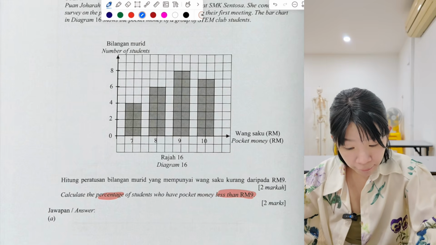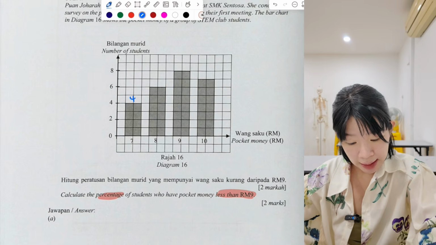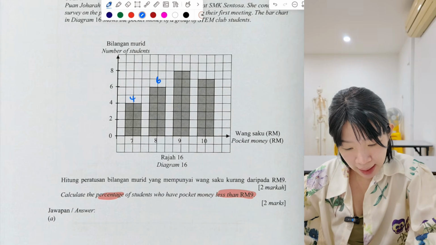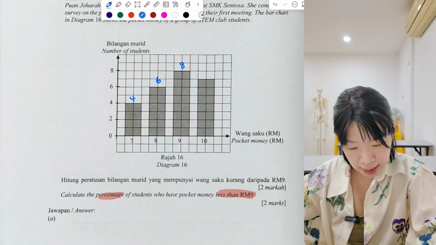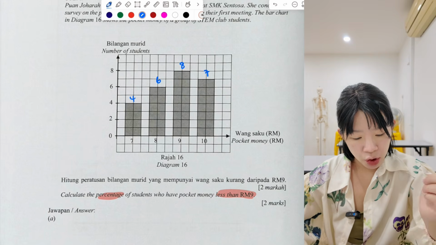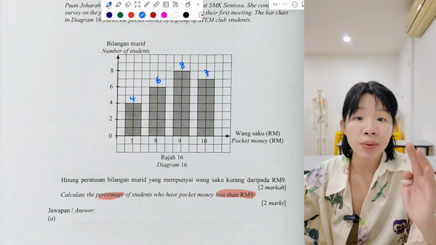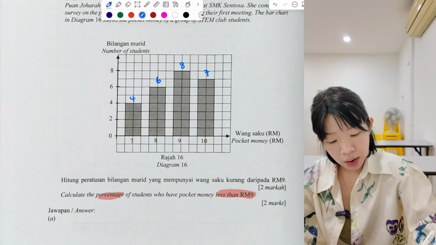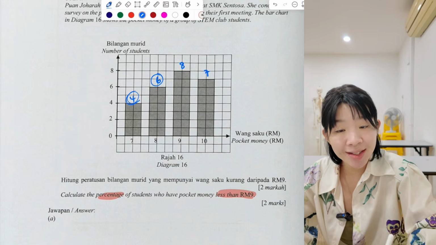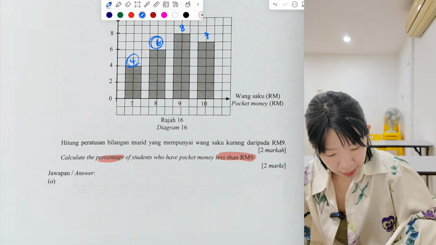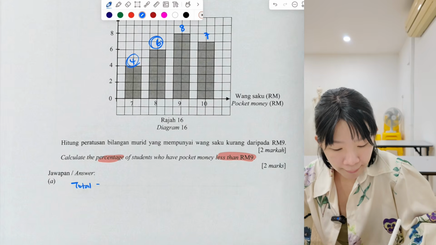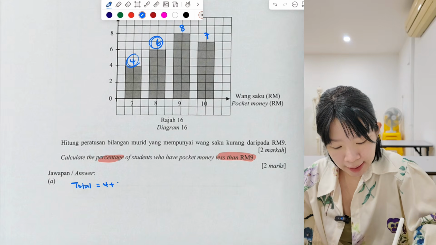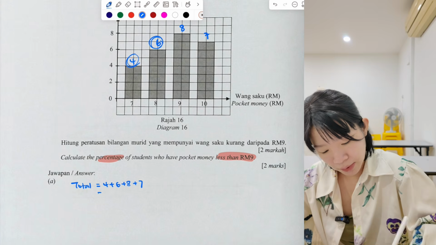So we have 4 students get 7 ringgit pocket money. So we have 6 students get 8 ringgit, 8 students get 9 ringgit, and 7 students get 10 ringgit. So students who get less than 9 ringgit, which means 9 ringgit is not included, so which is 4 plus 6. Okay, so let's find the total number of students first. So we have 4 plus 6 plus 8 plus 7. So total